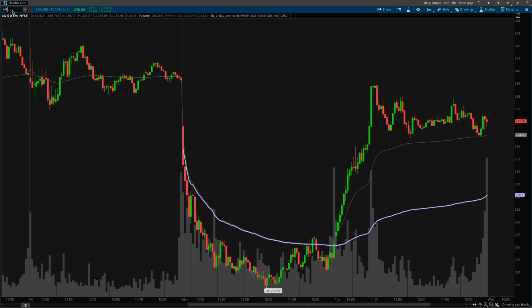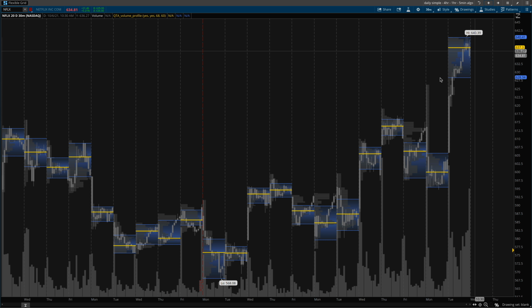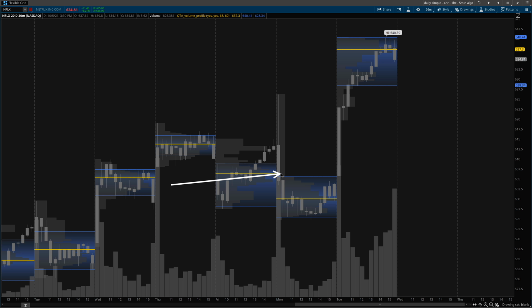And lastly, the really big mover of the day was Netflix. We check the volume profile out. You guys see that right here. Here was the 1 standard deviation, the value area. Look at where Netflix opened, right on top of this. All this volume right here that you see, this tick right here, this tick, these are called volume nodes. All these nodes right here, we can interpret as a lot of bears trapped below this level,